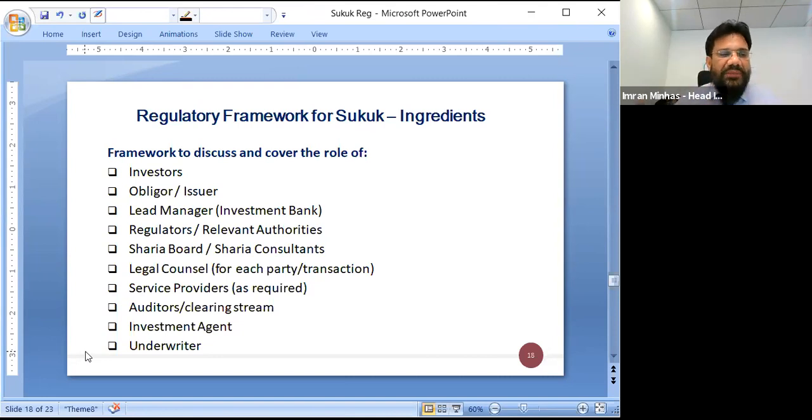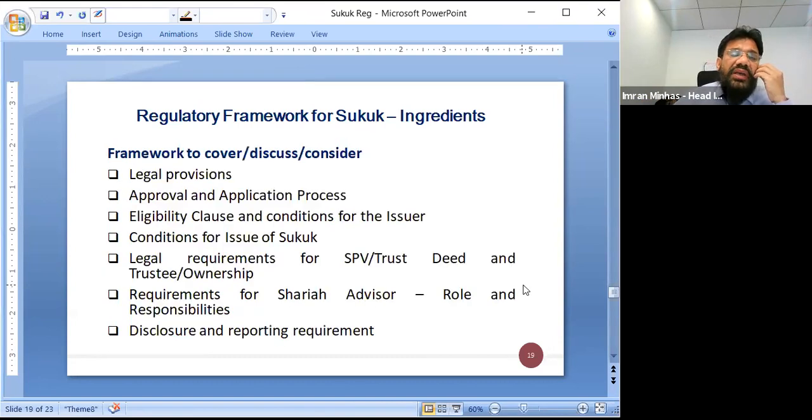If the size of the Sukuk is huge, how many underwriters do you need to get in, and what should be the qualification of the underwriters? Again, the law may contain the enabling legal provisions for issuance of Islamic securities. Normally, in many jurisdictions, they seek the enabling clause from the conventional securities issue. So capital issue, conventional paper issue, conventional instrument issue, they derive the enabling power from that.